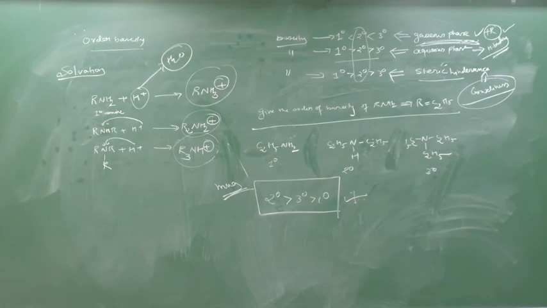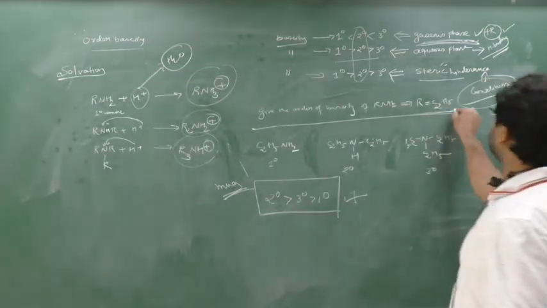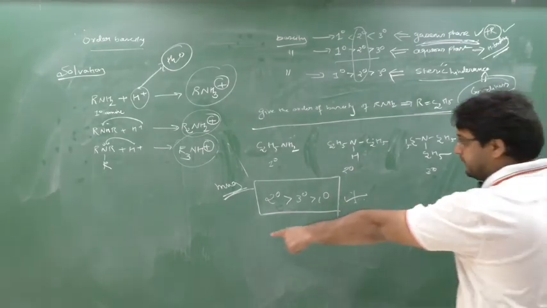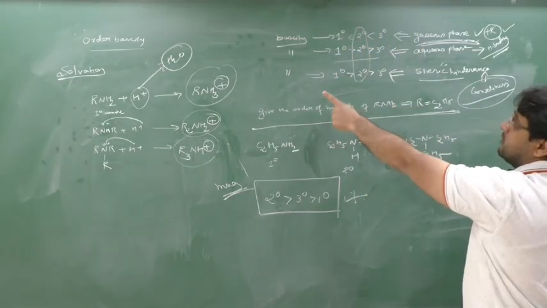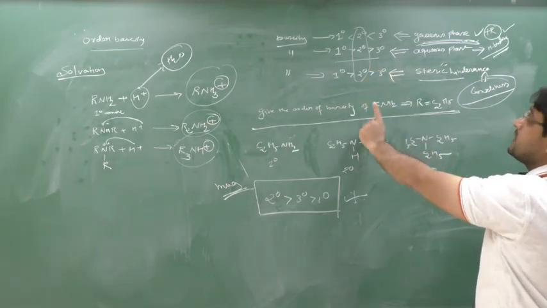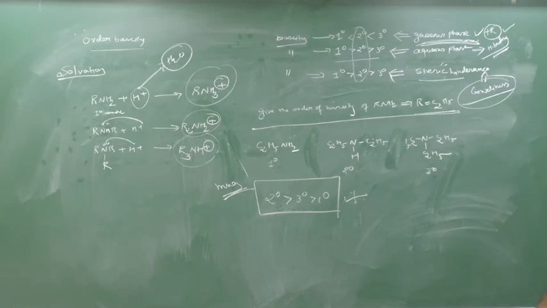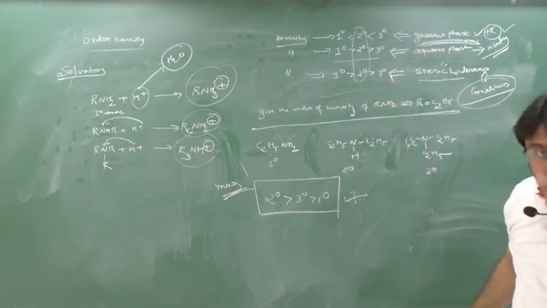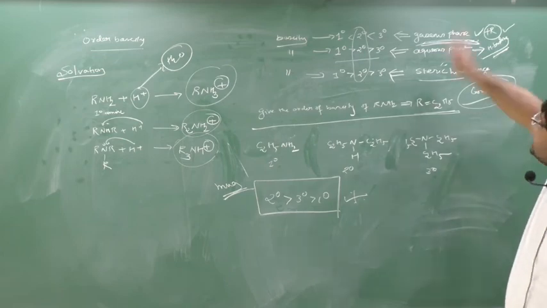Understood? See, if R equal to ethyl comes, you have to mug it up. Don't apply these other orders. They are not for methyl or ethyl. After ethyl and methyl, the order changes. For methyl and ethyl, this logic does not hold. For propyl, butyl, pentyl, hexyl, heptyl, the answer will come from the other logic.